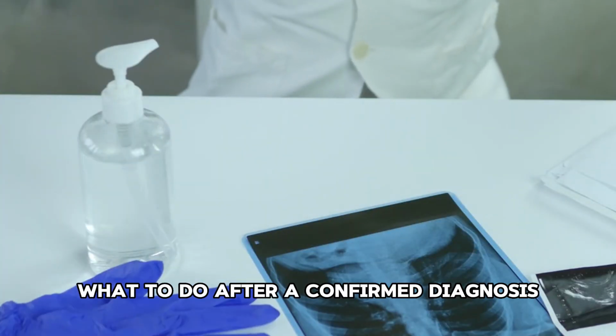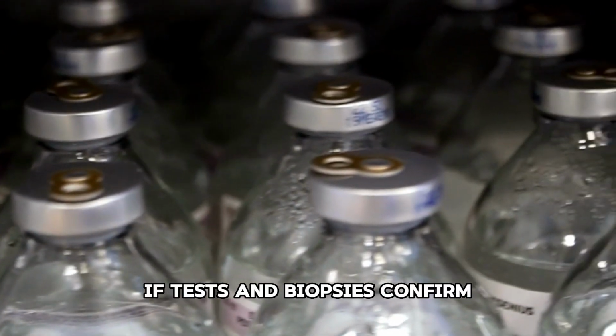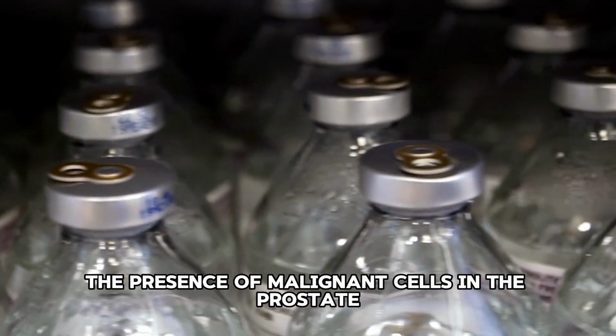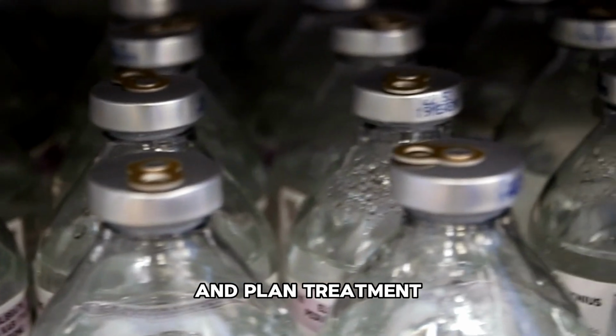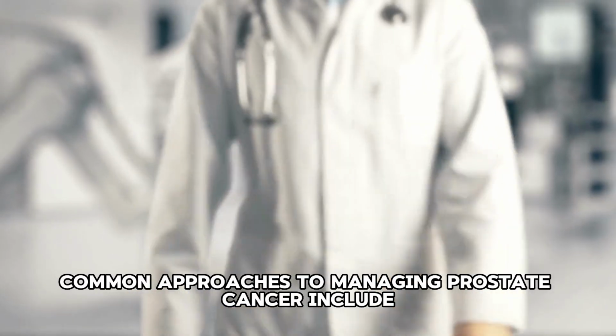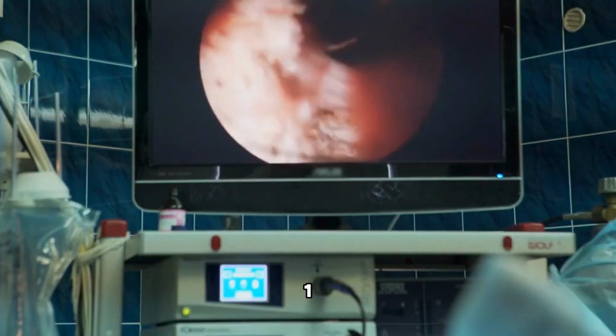What to do after a confirmed diagnosis? If tests and biopsies confirm the presence of malignant cells in the prostate, the next step is to determine the stage of the cancer and plan treatment. Common approaches to managing prostate cancer include: